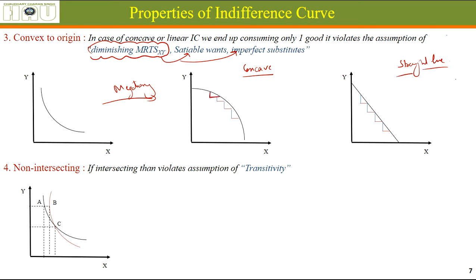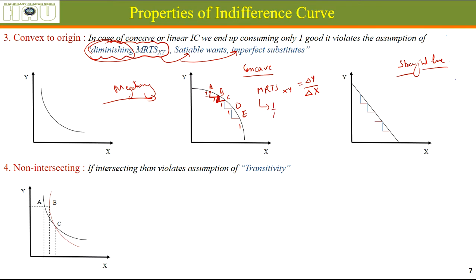Because as you can see from points A, B, C, D, E, if you are going to calculate marginal rate of technical substitution between x and y, that is change in units of y divided by change in units of x. If we say change in x is just 1, the marginal rate of technical substitution should be diminishing. But in this case it is not diminishing. Moving from A to B, we are ready to let go 1 unit of y for gaining 1 unit of x. That means 1 by 1.